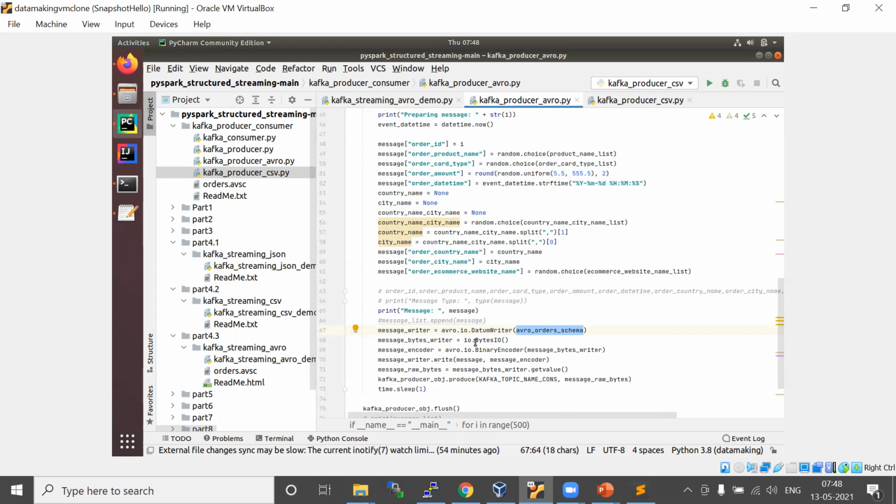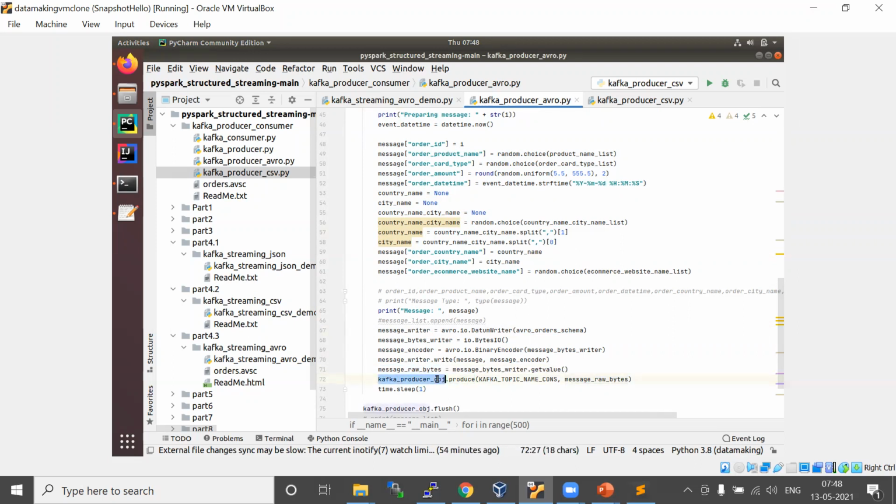So a BytesIO encoder, and we are writing the message, which is the JSON structure dictionary, using the message encoder. Then using the message byte writer, we get the value, which will be a byte array, and the producer object dot produce.